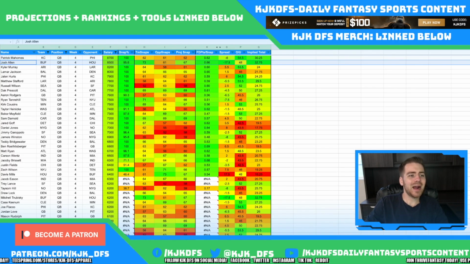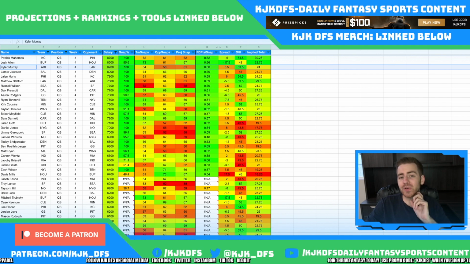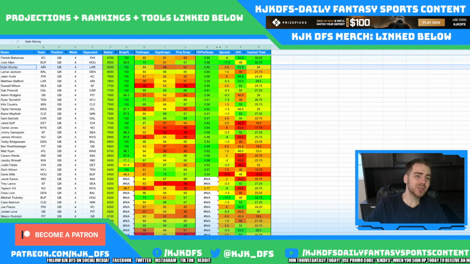And we have Kyler Murray taking on the LA Rams. 53.5 over under as well. Another high total game. 24 implied total for his team, a 5.5 point spread. This game is expected to stay close. Problem only really is that the Rams have a very good defense. I mean, Kyler Murray's a great quarterback, but when you're looking at the Rams as far as their ability to slow down the QB position this year,